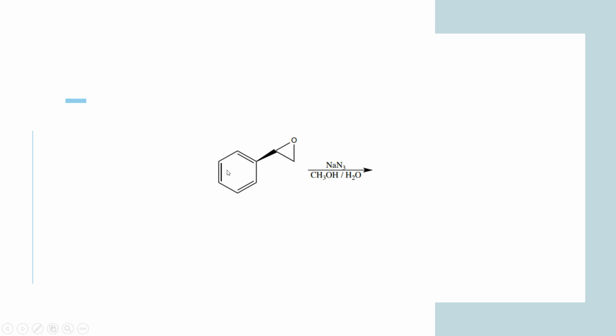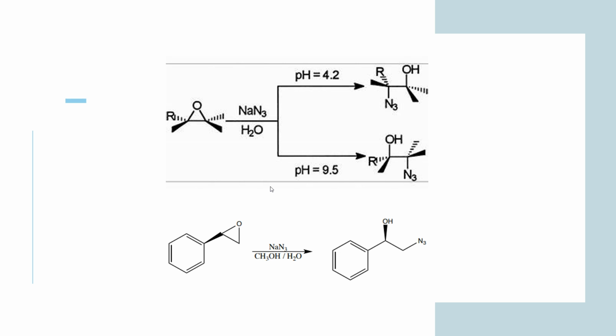So here no question of a stable carbocation arises, and you just have to look at the least sterically hindered side of the epoxide ring, through which we will open up the three-membered ring. Like here you see, in case of styrene oxide you have this side and this side, these two possibilities. You do not have acid, so directly the azide will attack at the epoxide ring from this side, and you will open the epoxide ring by pushing the electron pairs